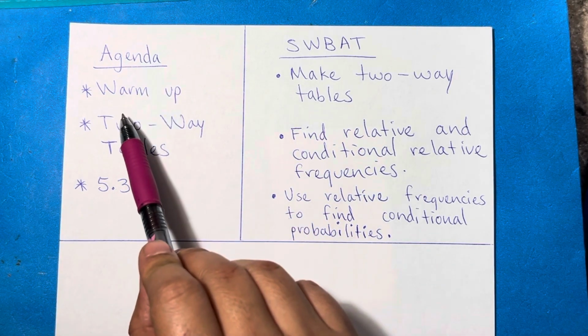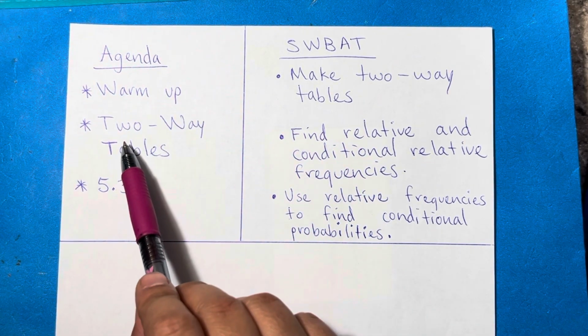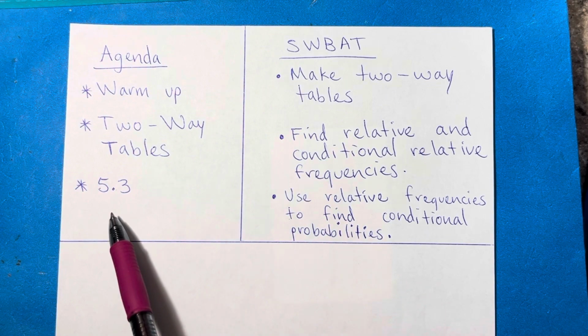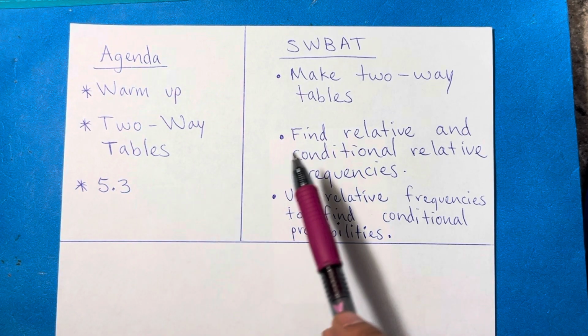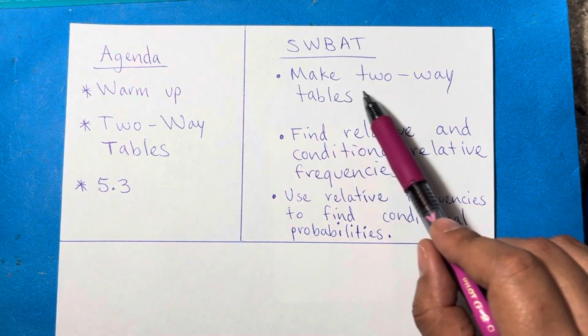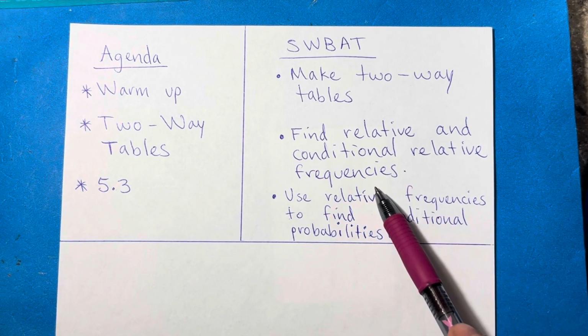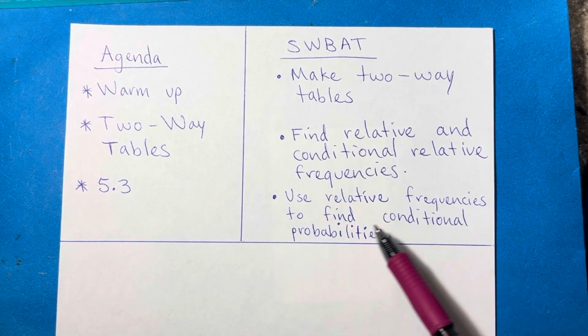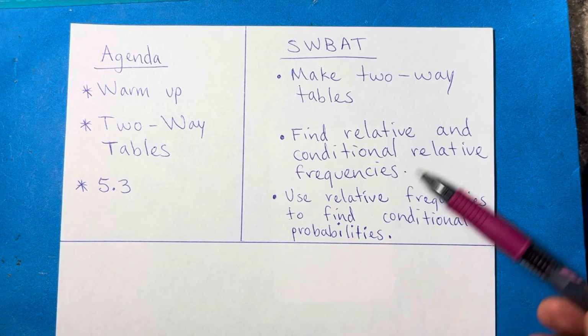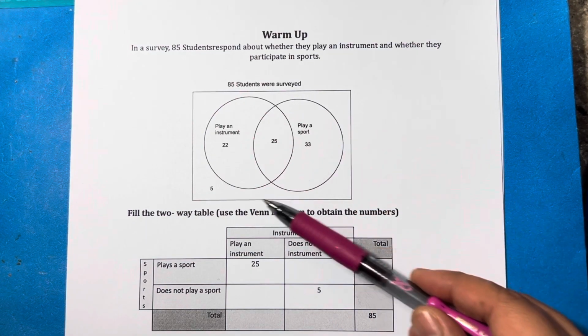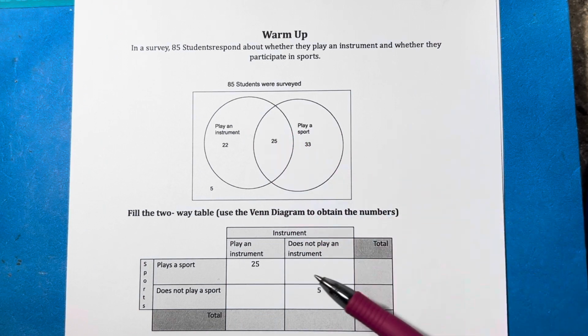Students, today's agenda is that we're going to do a warm-up. We'll be working with two-way tables and you will be able to do 5.3. Today, students will be able to make two-way tables, find relative and conditional relative frequencies, and use relative frequencies to find conditional probabilities. For the warm-up, you're given some information in a Venn diagram, and what you will do